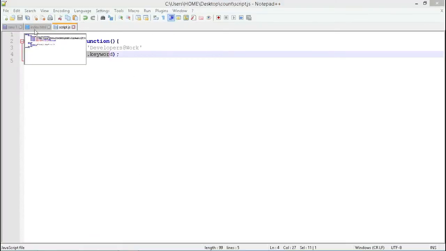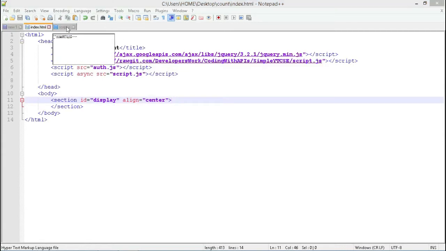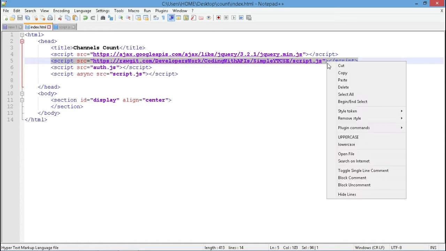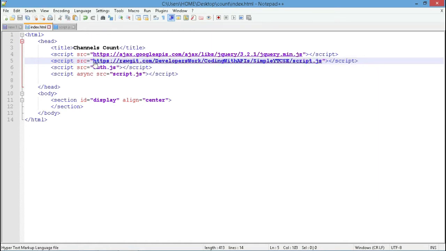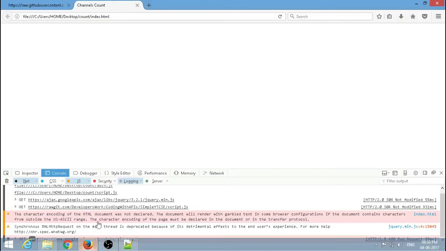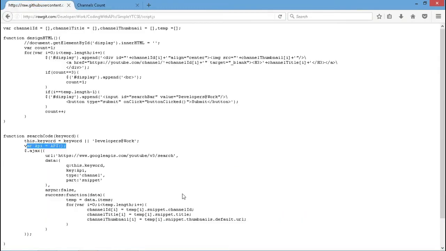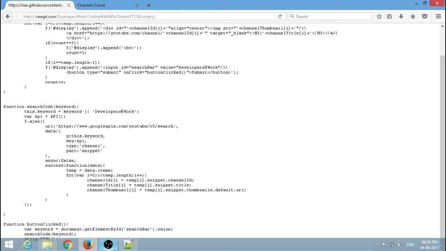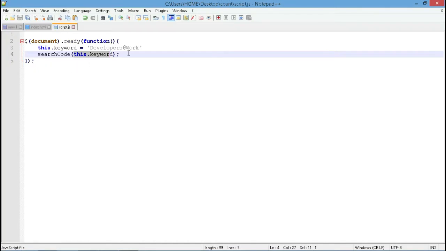Okay, I have an idea. Everything is fine, but until or unless the button is clicked, it's not going to have a thing, right? So we're not using this button, we're just using the search code, which has a keyword to be sent. We're just sending the keyword. So I got an idea. So instead of doing it like this, I'm going to type